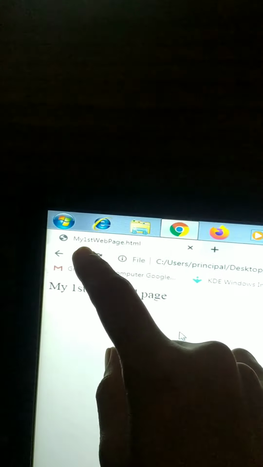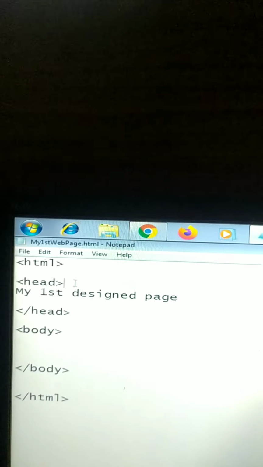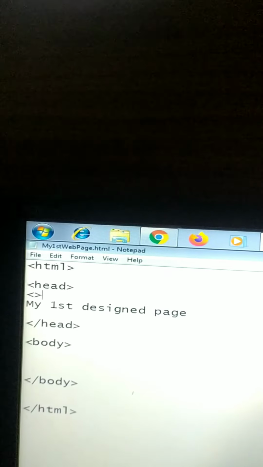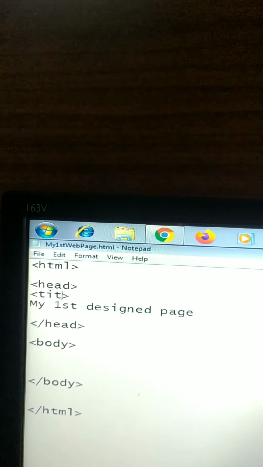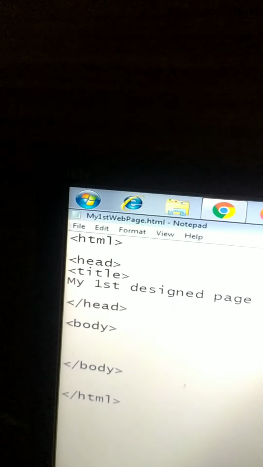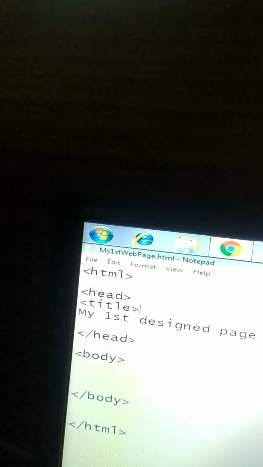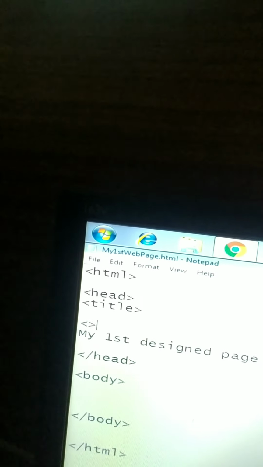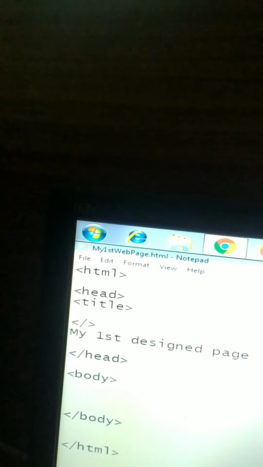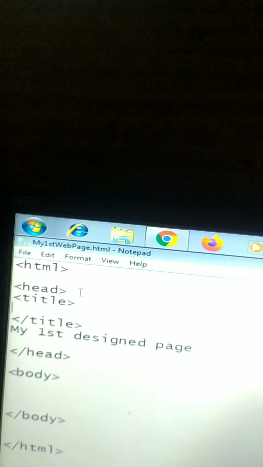Now suppose I want to change this name over here, my first webpage.html. For that we'll be using the title tag. Now just remember one thing, that whenever you start a tag, firstly end the tag and then type anything inside that.